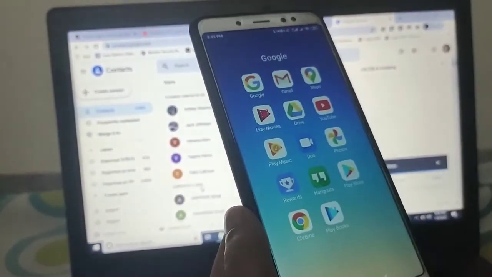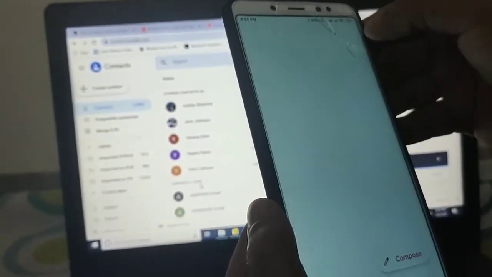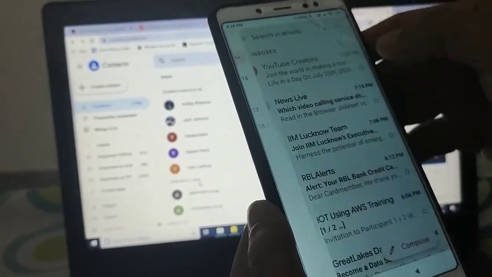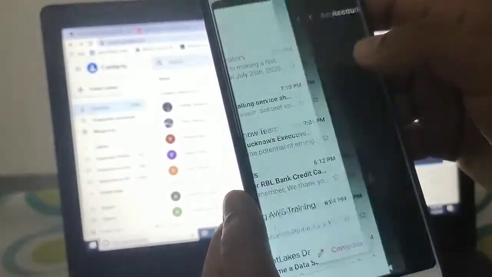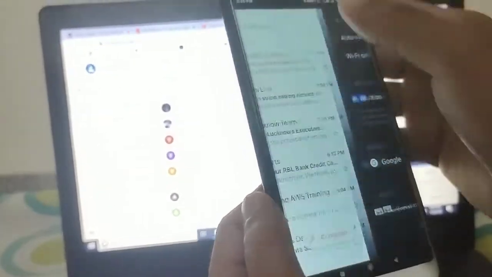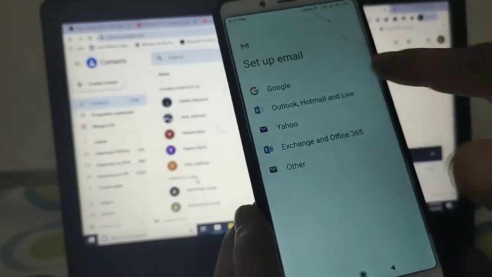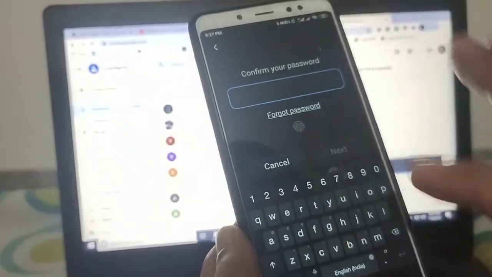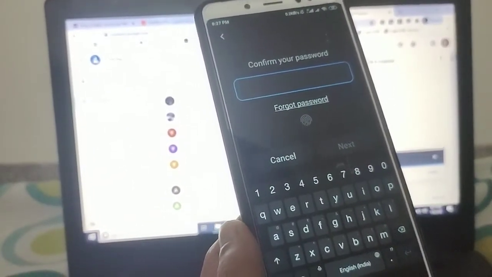I will tell you the best method: go to Gmail, go to add email account, and fill in your Gmail ID and password, and after that your Google account will be configured.